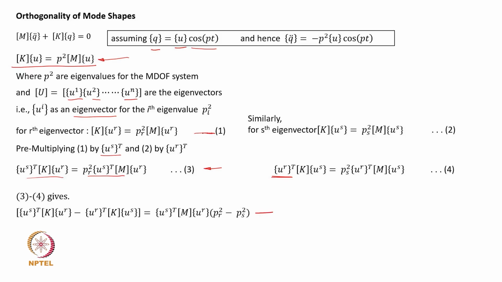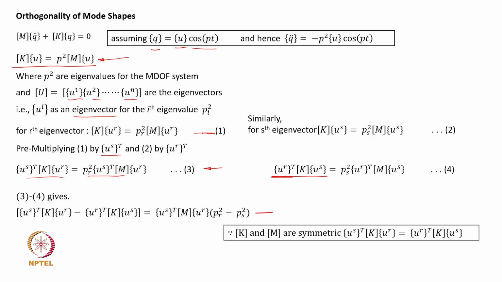So, if this equation is further simplified by using the property that for a symmetric matrix you can flip the eigenvectors, and if that is the case, then this particular matrix on the left hand side, or bracketed term on the left hand side, turns out to be 0, and then you are left with the equation us transpose M ur into pr square minus ps square equal to 0. Now, with that condition,